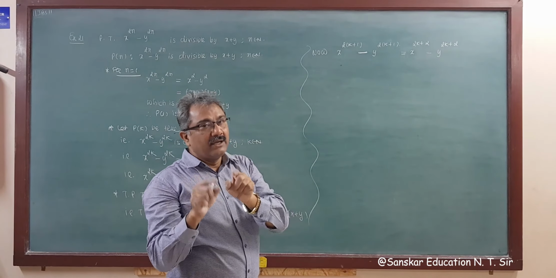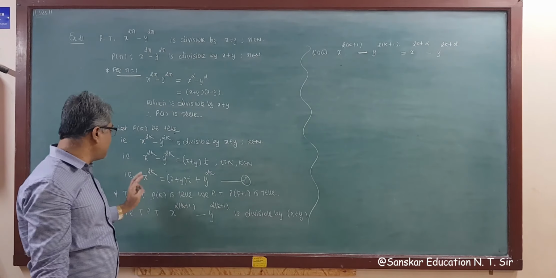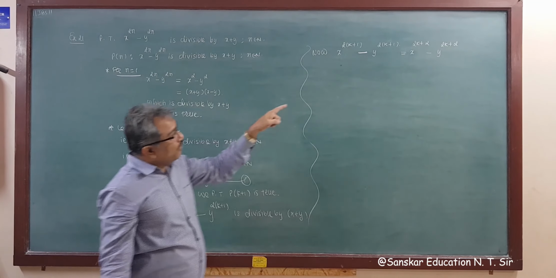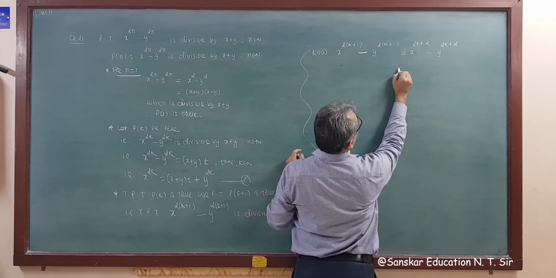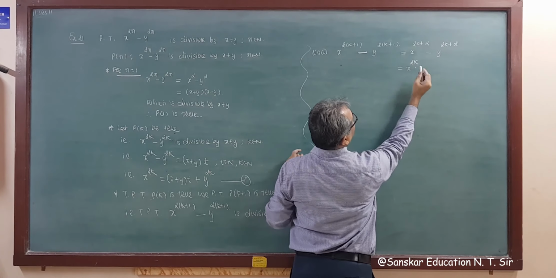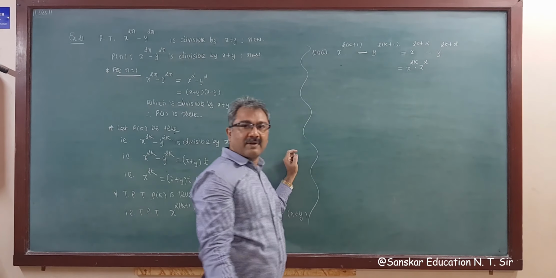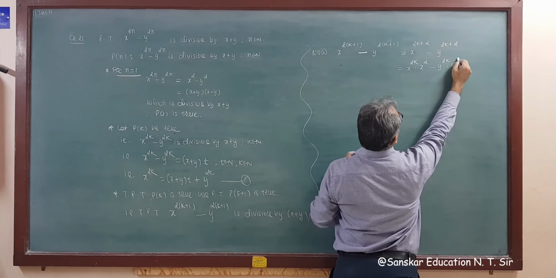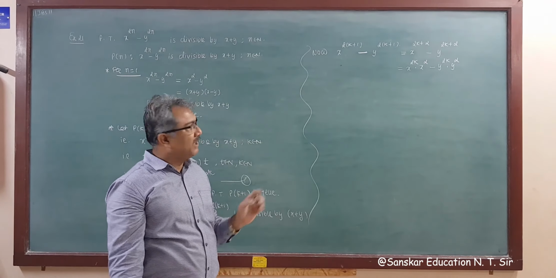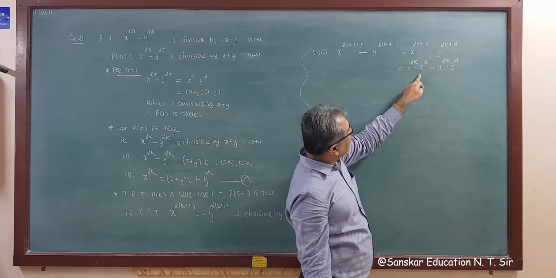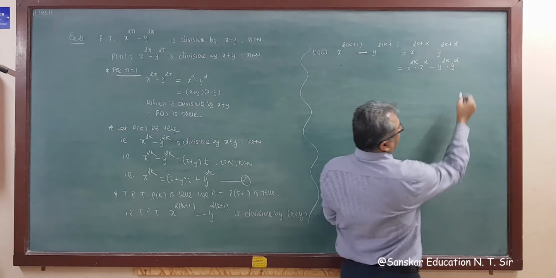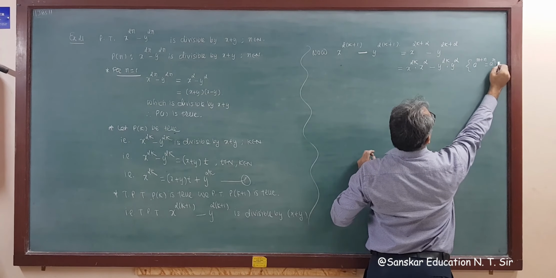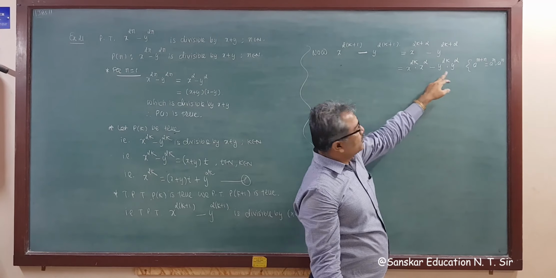Now as I said, keep in mind result number 1. So result number 1, our target is to get the power of x as twice k. So what we write here? This is x raised to twice k into x square, minus y raised to twice k into y square. Got it? x raised to twice k into x square. Applying the exponential rule. Which one? This: a raised to m plus n is equal to a raised to m, a raised to n. Right? So this is okay.